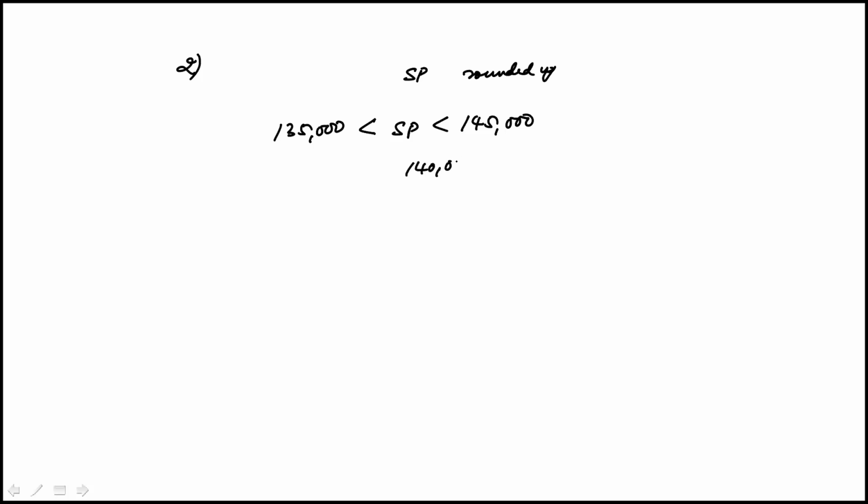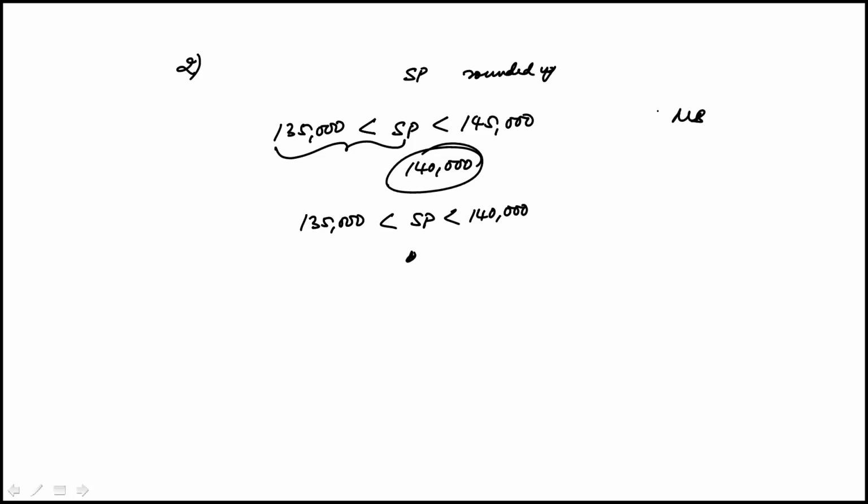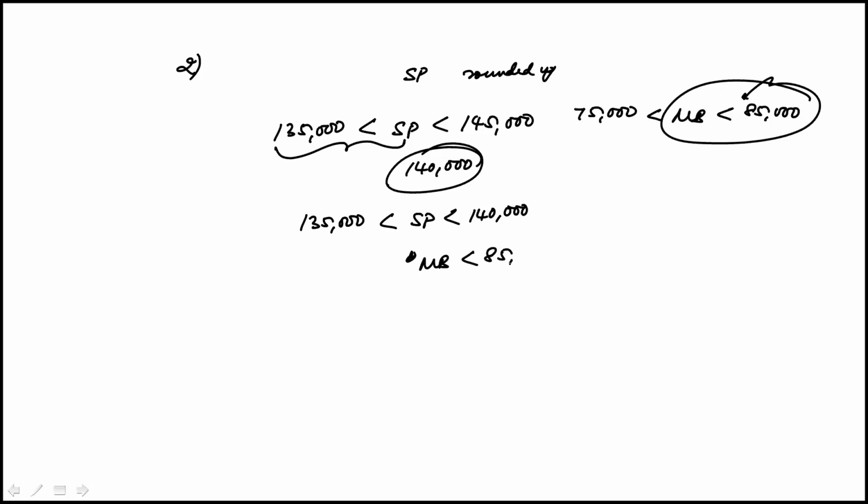meaning the figure of 140,000 was the result of rounding it up, which means that it has to be between 135,000 and 140,000. And for Maple Beach, it was rounded down. And again, let me just write down the result that we had from earlier, was between 75,000 and 85,000. Because it was rounded down, it has to be on this half, which means Maple Beach has to be between 80,000 and 85,000, which means their sum, which is what I'm really interested in, is between